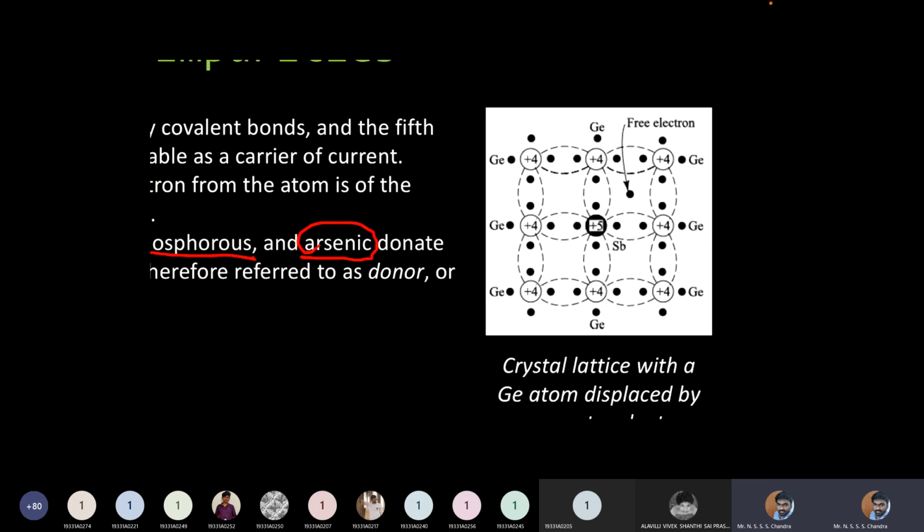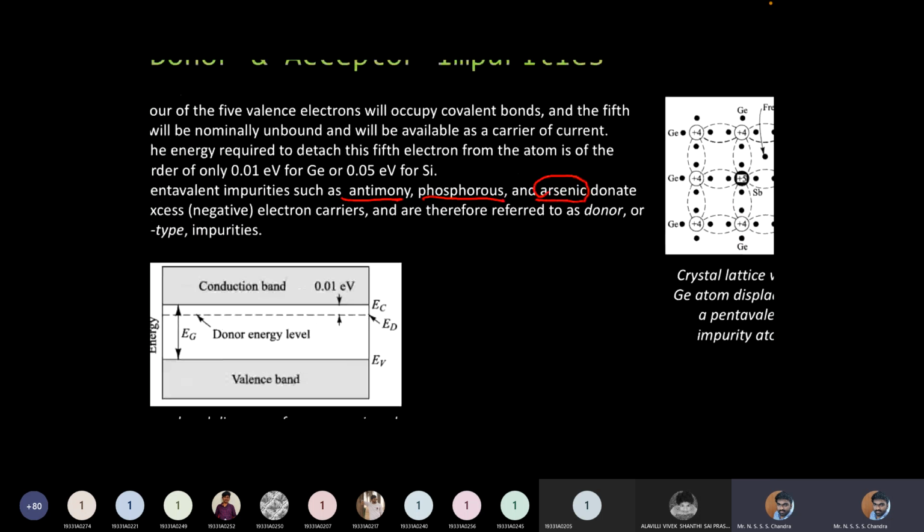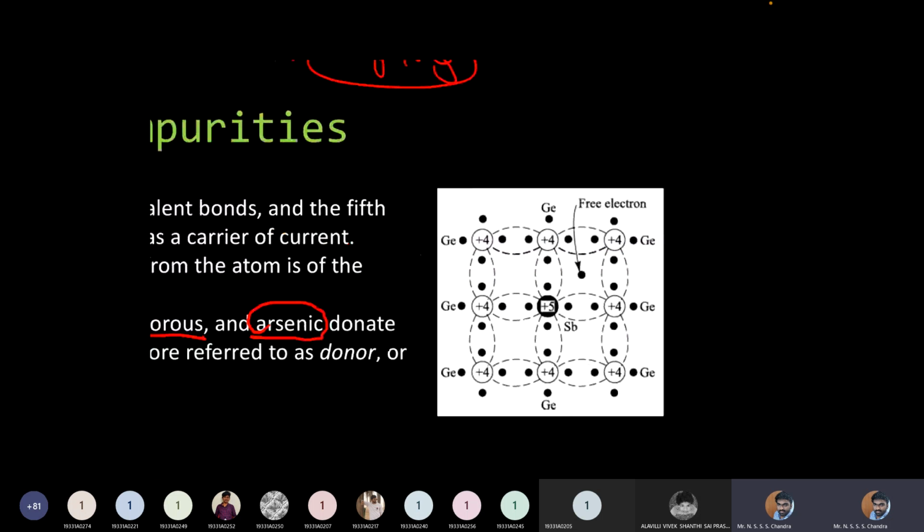replaced the germanium atom. Out of the 5 valence electrons of the antimony, 4 are forming covalent bonds, and it has one excess electron. This excess electron is loosely bound to the antimony atom. It is so loosely bound that if you provide a very small amount of energy, say 0.01 electron volt for a germanium crystal, or 0.05 electron volts for a silicon crystal, it is able to get liberated from this atom, and now it will be called a free